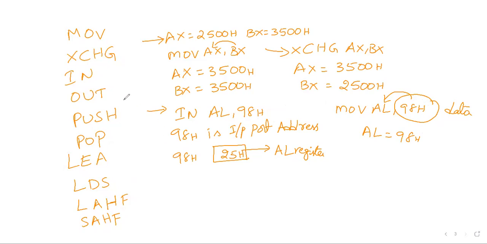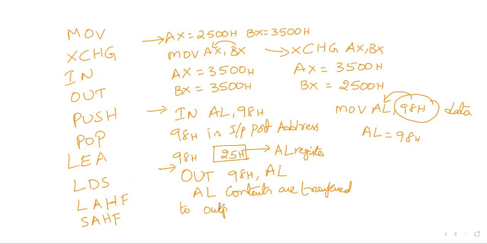Similarly, the next one is OUT. For example, OUT 98 hexa, AL. So what happens? OUT means we are sending the data to the output port. That's why the output port address should be in the destination position. Here the AL register contents are transferred to the output port,